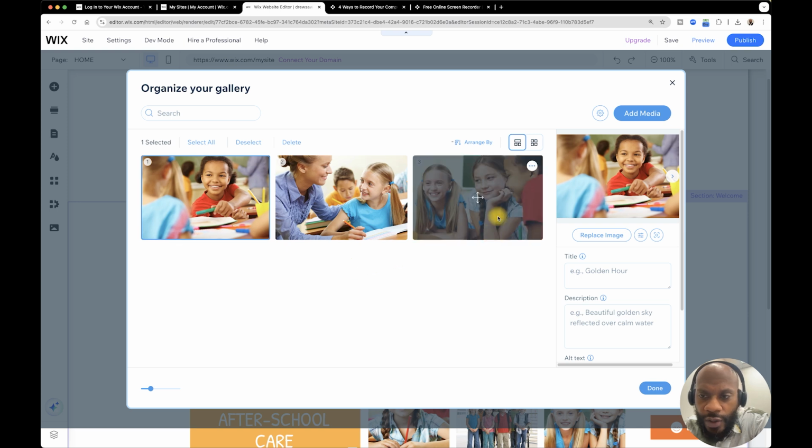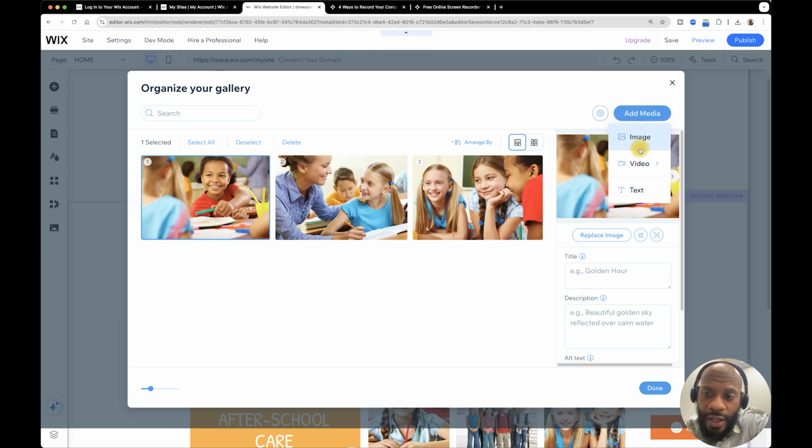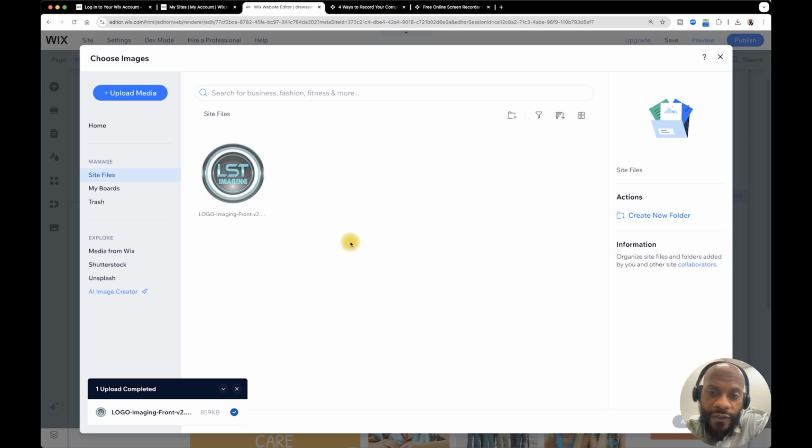And here is where you can pick from the media that's already pre-assigned in the template, or you can add your own media by selecting Add Media. You can pick whatever media you want. If you have images from your actual child care center that you want highlighted there as opposed to the stock images that are provided, I would use that Add Media option to then find wherever it is that